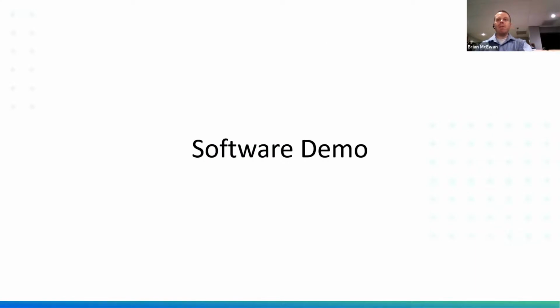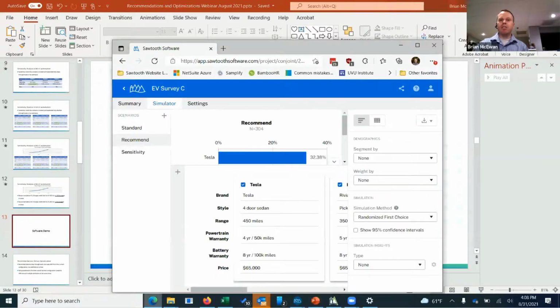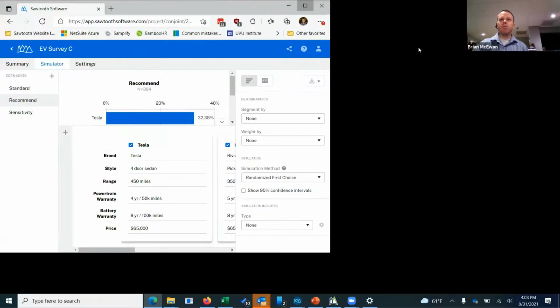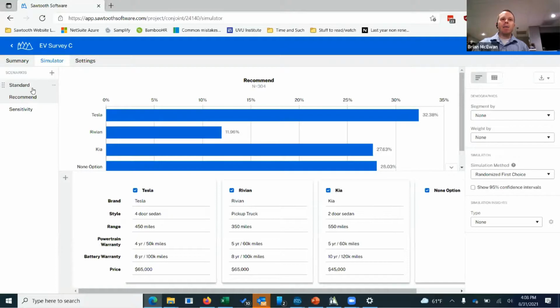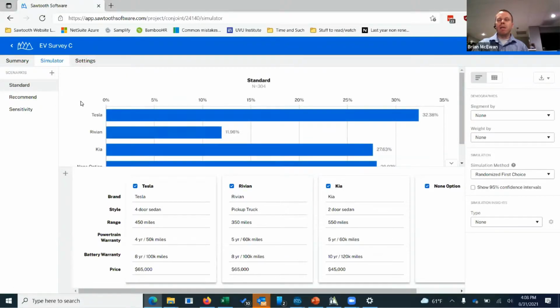Okay, now we've made this really easy to do, basically just a click of a button. So I'm going to switch over here. I have a different survey here. This is a survey we ran about some electric vehicle preferences, and we've got a couple different products configured here, plus a none choice. So again, our standard simulation would just say, given these options, we get our particular share results for each of